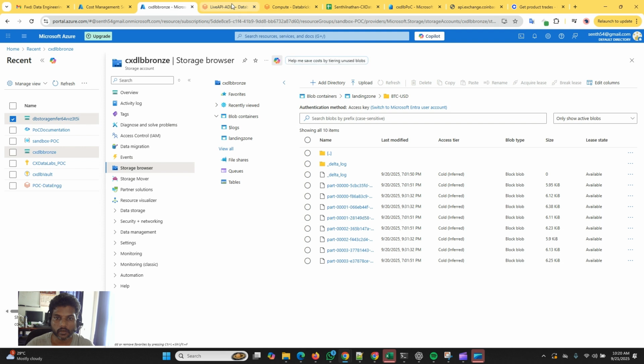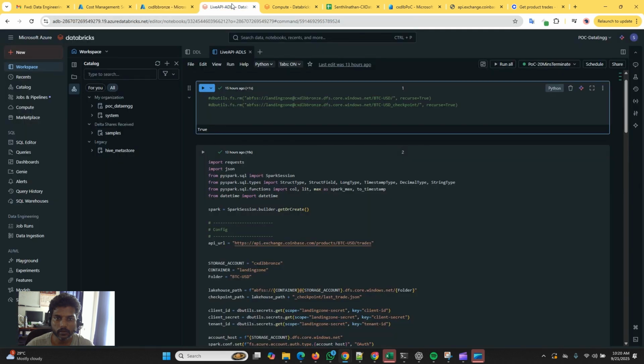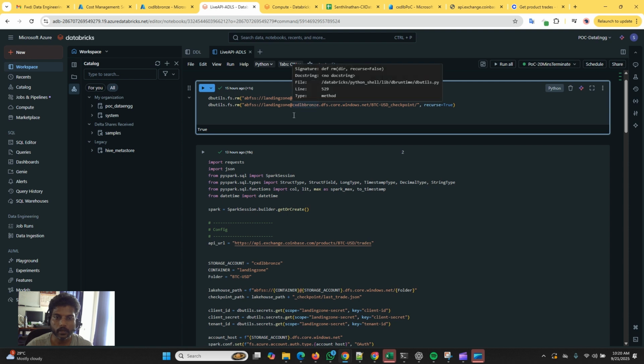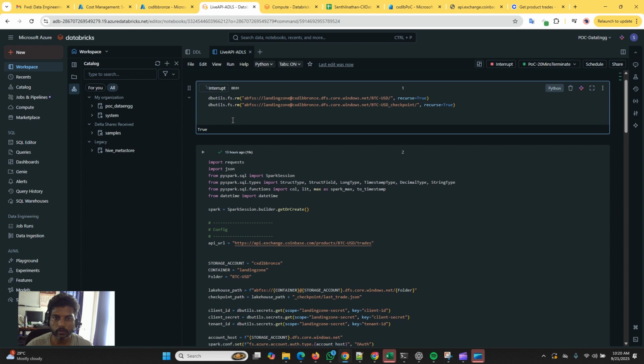Okay, so I'm going to first do a fresh run. What I'm going to do is remove all the container data with this command. This is a utility command to remove it. This Databricks will have access to this storage account because I have already set up the Entra apps, and it has all the required access. So if I go and run this,